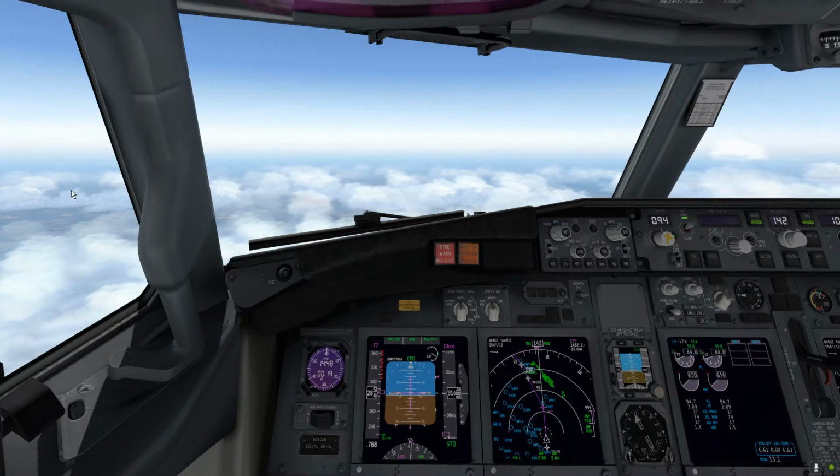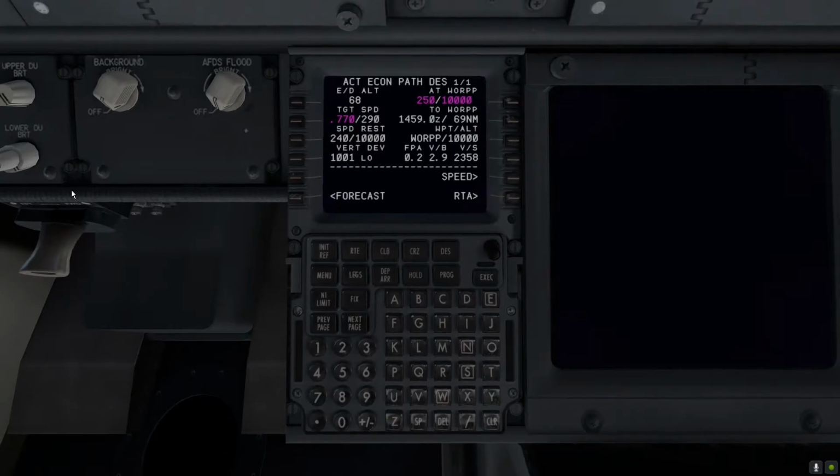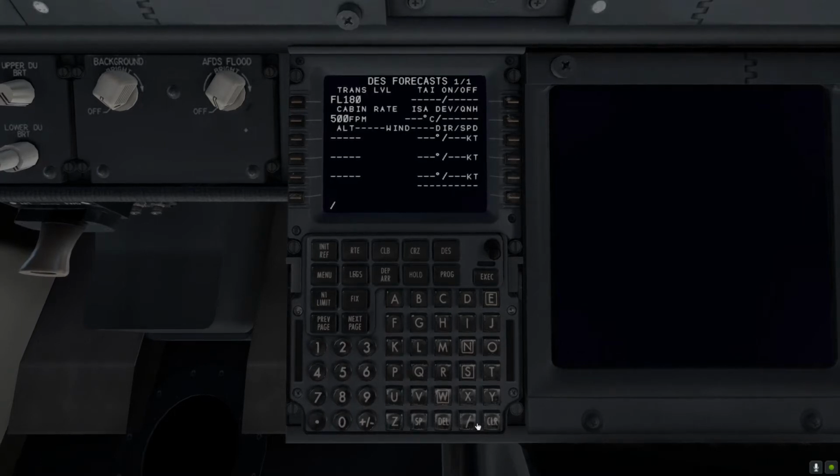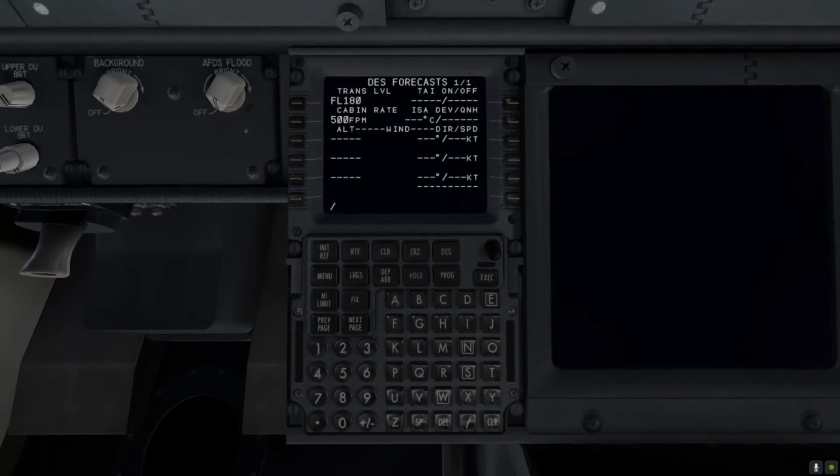Altitude intervention, and what I forgot is just to put in some descent winds into the FMC page. Down here, the descent forecast, and we have this weather in Miami at the moment. We have this altimeter setting 2979,